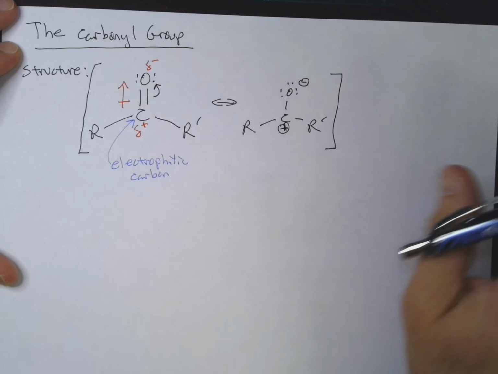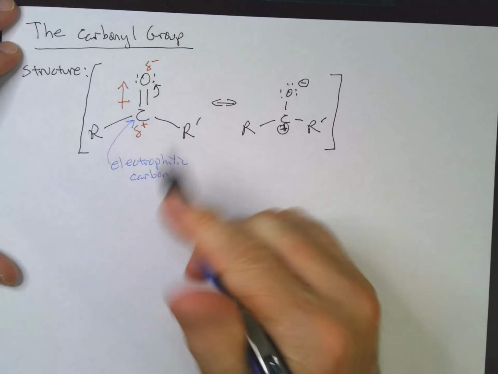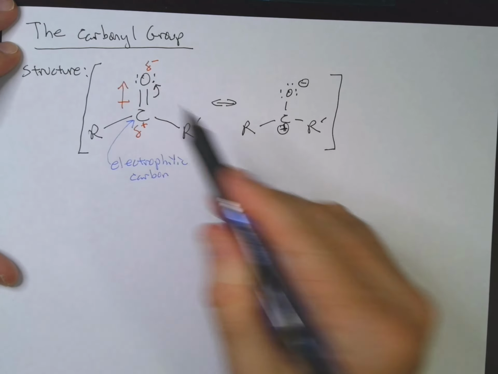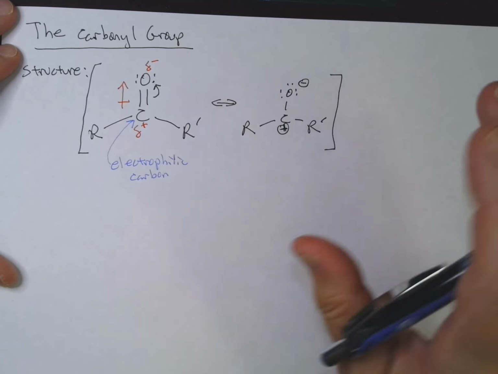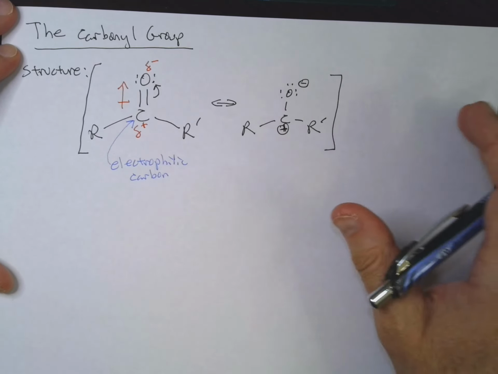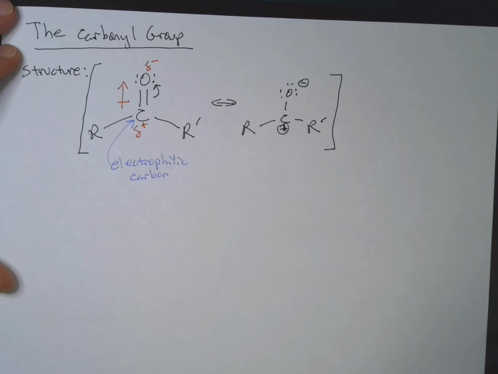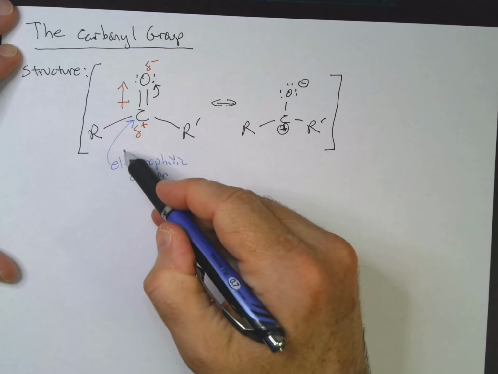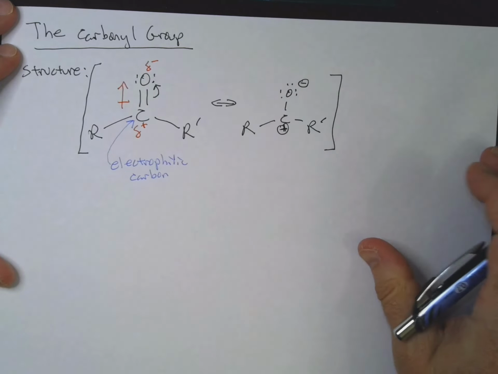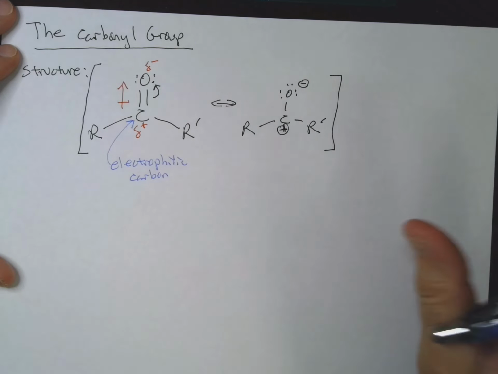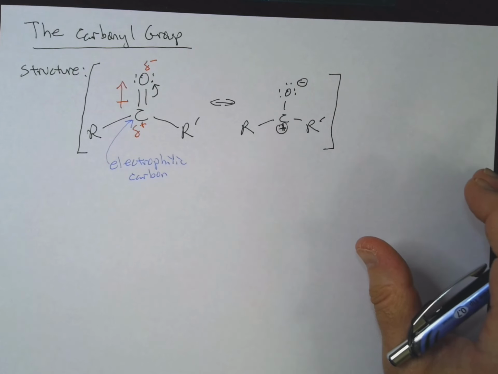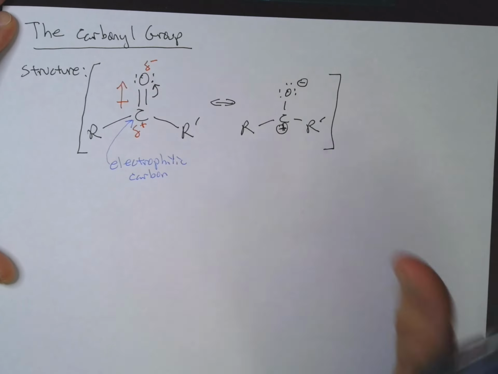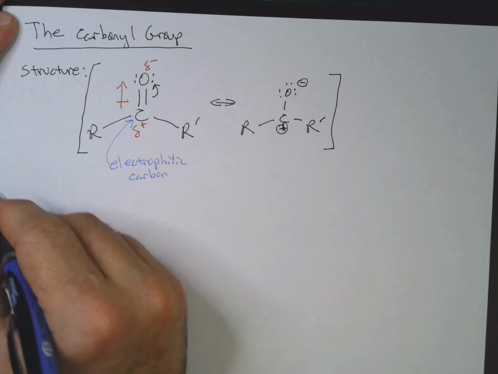And there are a variety of different nucleophiles that could attack and add to an aldehyde or ketone, add to a carbonyl group. We'll talk about those in really all of the rest of the lectures for this chapter. We'll be just looking at adding different nucleophiles to the carbonyl group. Some exceptions, actually. I think maybe the next lecture I'll just do a little review of reactions we've seen involving carbonyls. One last thing I do want to mention is